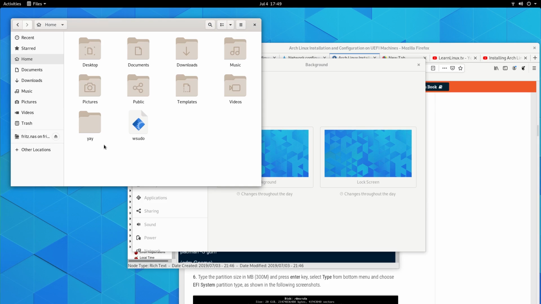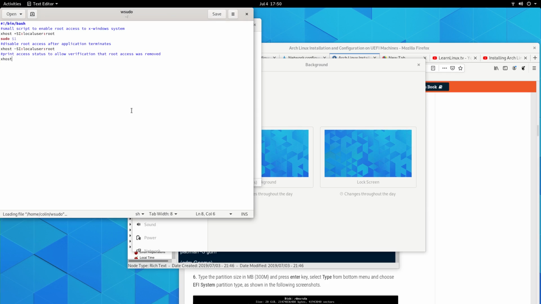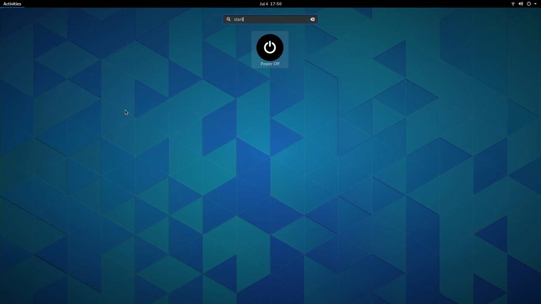There was a little fix for that AJ Ryzek had, and then I forgot that I was on an Arch based system and Synaptic doesn't work, because you needed to put a little host file, which is what this wsudo was, because I was looking for startup applications, and there's no startup applications in here